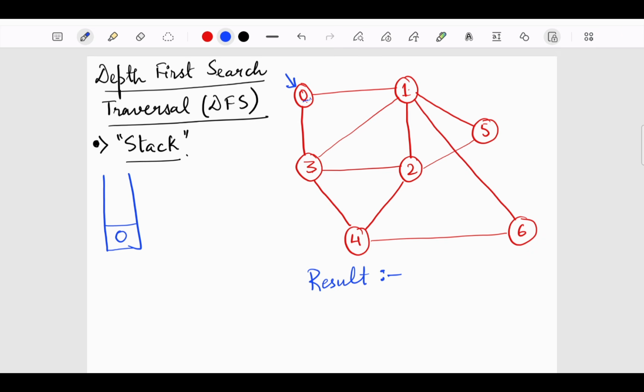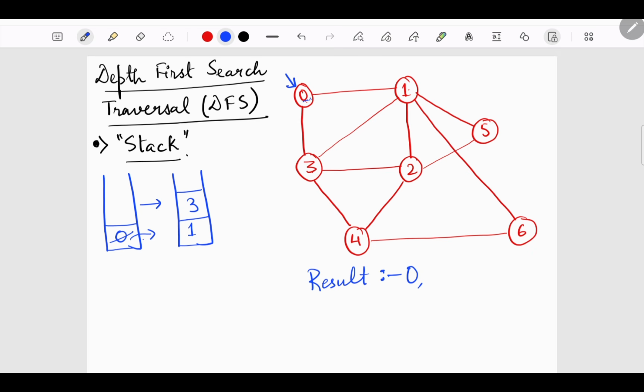Now, as we want to pop this out, we are going to pop this node out and insert the nodes which are adjacent to 0 into this stack. So which are the nodes adjacent to 0? It is 1 and 3. And as we pop this out, we are going to put it into the result part.